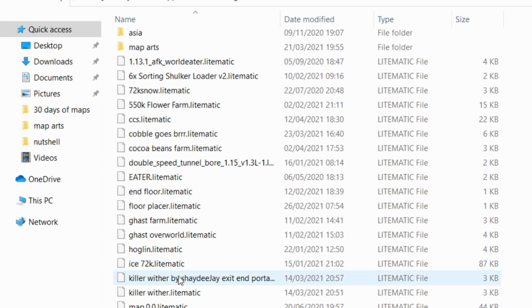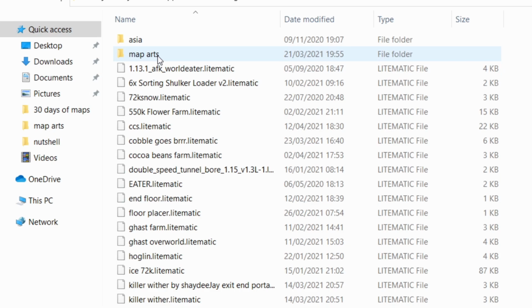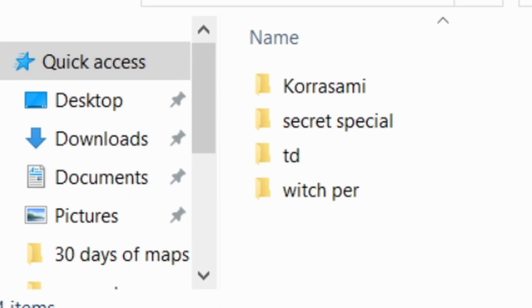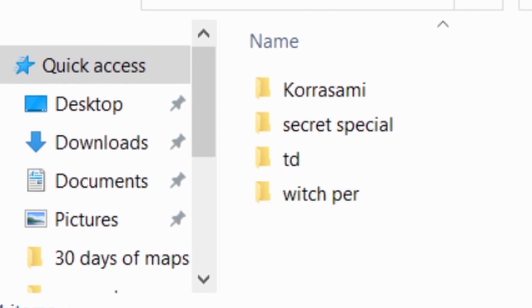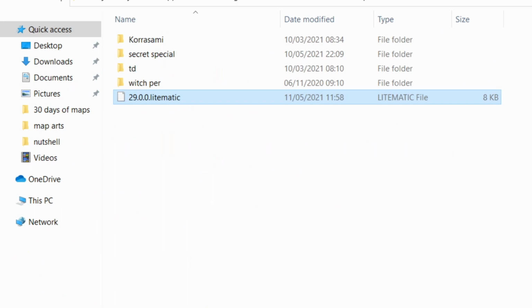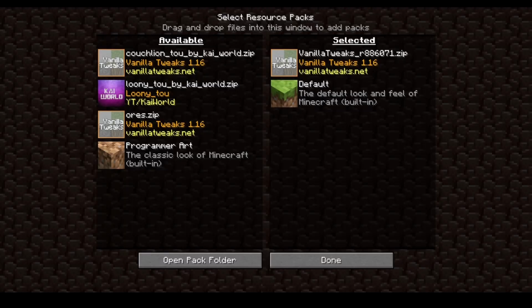As you can see, I have quite a lot of schematics, and I have a folder with all the map arts, and we just move the file from this one to our schematic folder. Right now everything is ready in the out there world. That is all for the